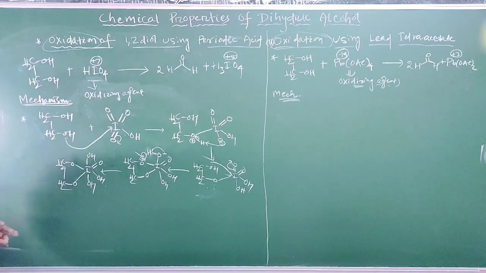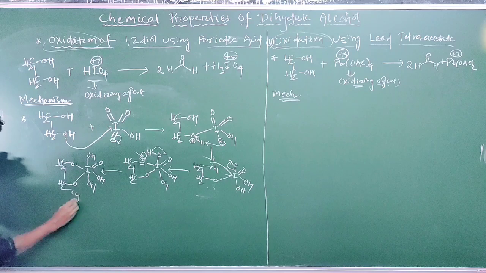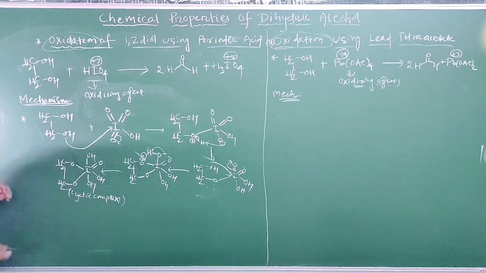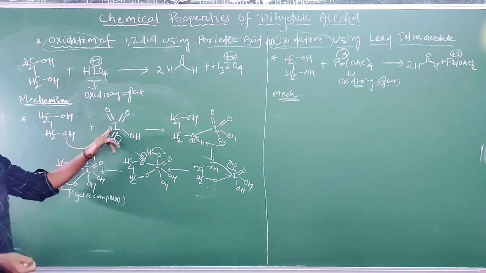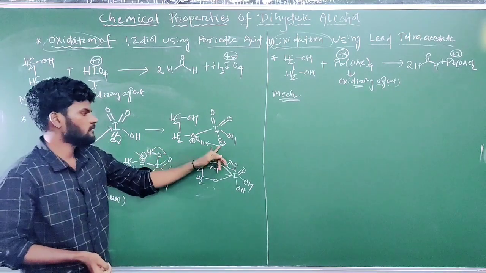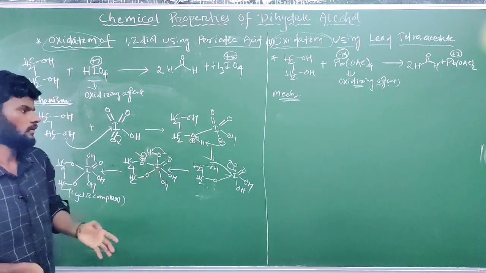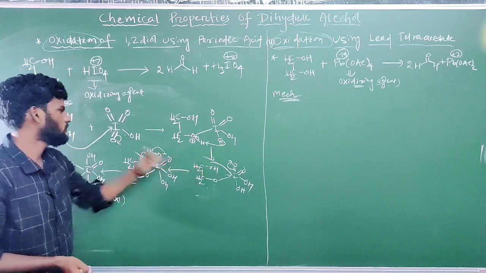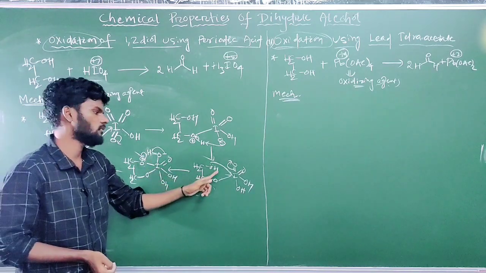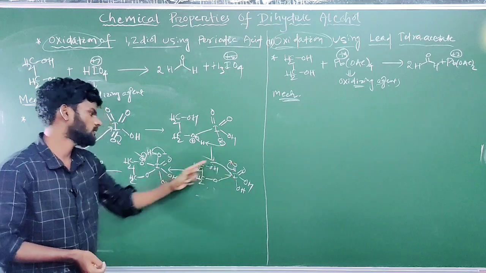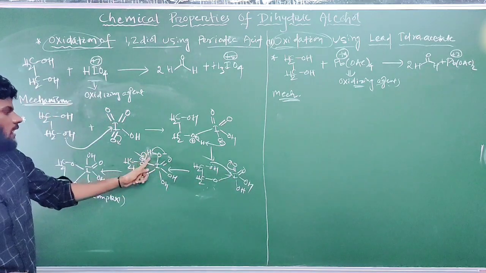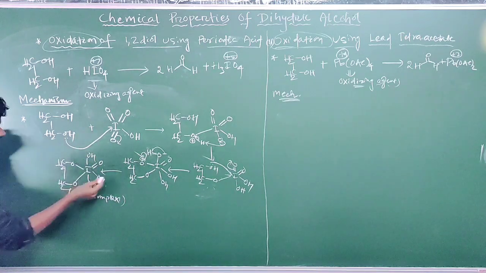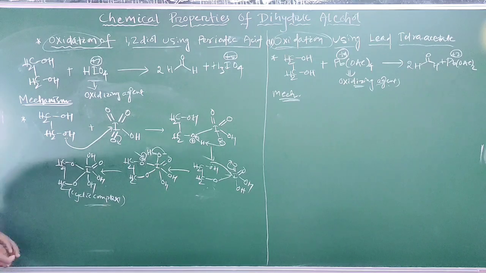So in the next step will be the breaking of this cyclic complex. Up to this is very easy, all of you understood. In the first step, the oxygen lone pair attacks iodine, this bond moves over to oxygen, again the negative charge takes the hydrogen and makes the oxygen atom neutral. This is the first step and this is the second step. In the third step similarly, there are two hydroxyl groups, the other hydroxyl group similarly attacks iodine and the bond moves over to oxygen, and the negative charge over oxygen again takes the hydrogen, making the oxygen atom neutral. Both the steps are similar, twice. So in the next step we get the cyclic intermediate or cyclic complex form.